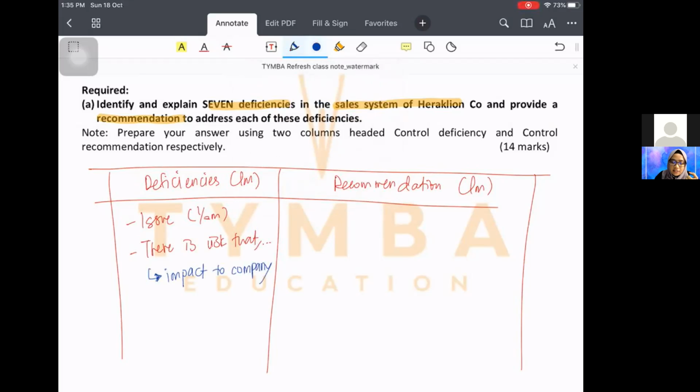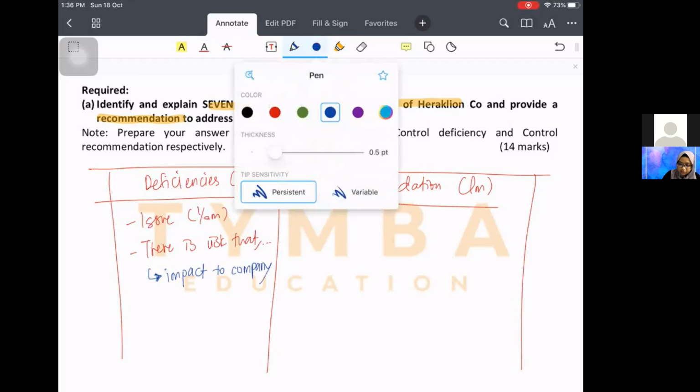There is risk that fraud related to sales recording may occur. There is risk that cash may be stolen. There is risk that the employee may claim overtime for hours not worked. So there is risk that gives the impact to the company, and you end your answer with